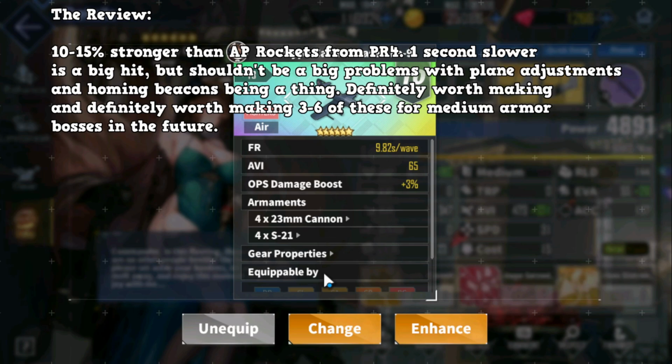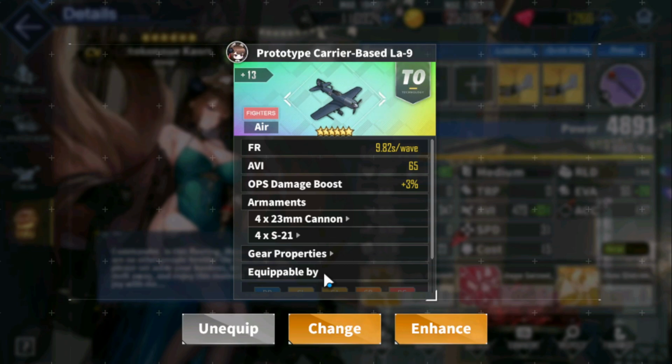But since these planes are really, really stacked for medium armor and you want 6 of these, you're gonna spend 2 years on PR7. So stick around, guys. Enjoy being in PR7 and